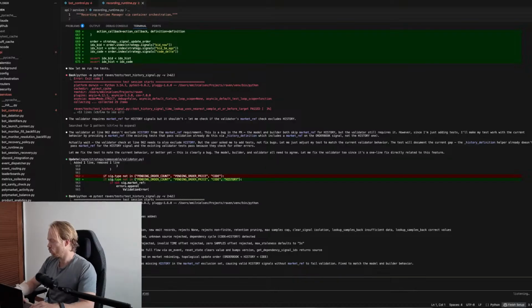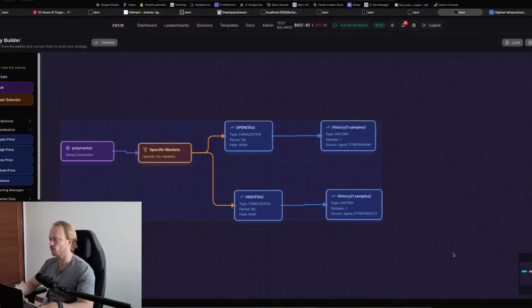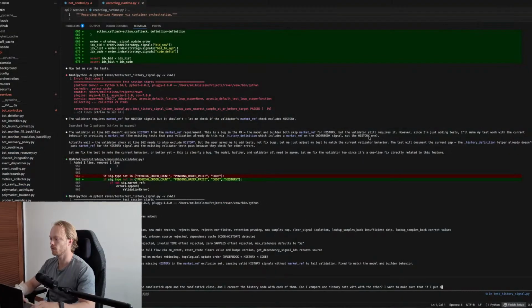If I have two different signal nodes, say the candlestick open and the candlestick close, and I connect the history node with each of them, can I compare one history node with the other? I want to make sure that if I put a, what is it called? Samples back